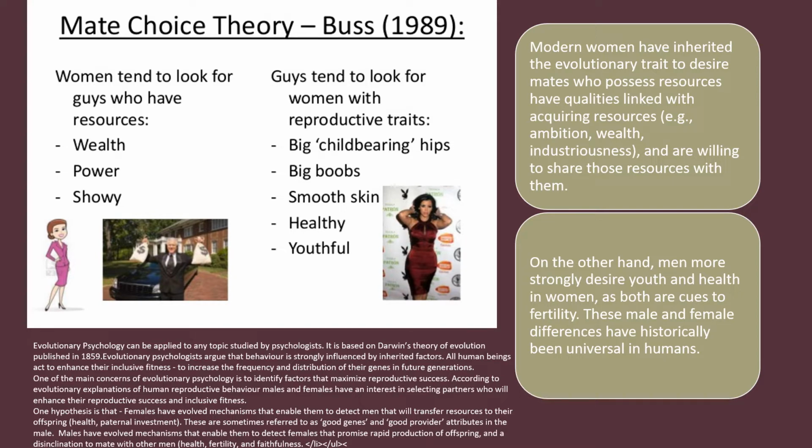According to evolutionary explanations of human reproductive behavior, males and females have an interest in selecting partners who will enhance their reproductive success and inclusive fitness. So here is the mate choice theory by Buss in 1989. According to this theory, women tend to look for guys who have resources like wealth, power, or who are showy. And then guys tend to look for women with reproductive traits like big childbearing hips, big breasts, smooth skin,